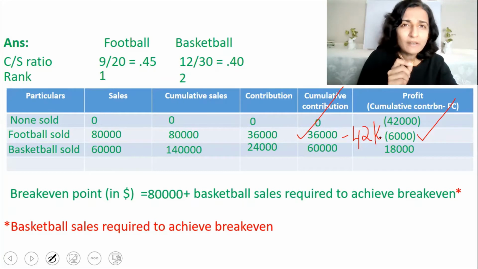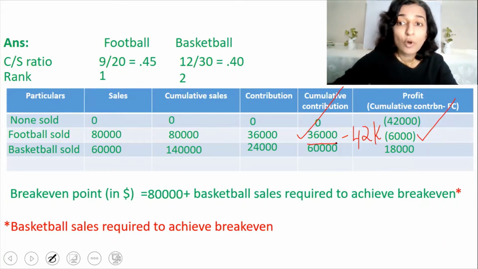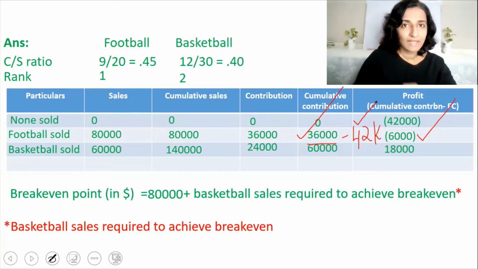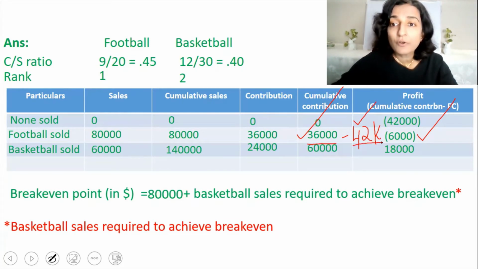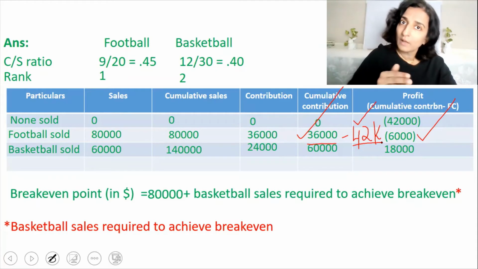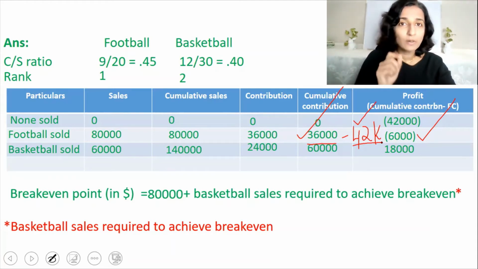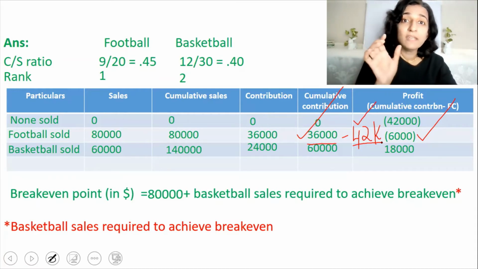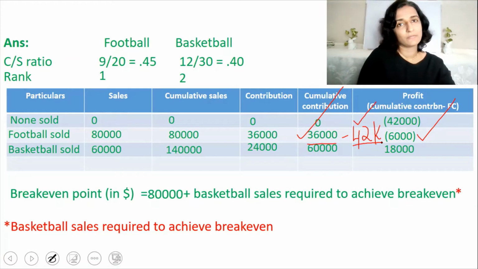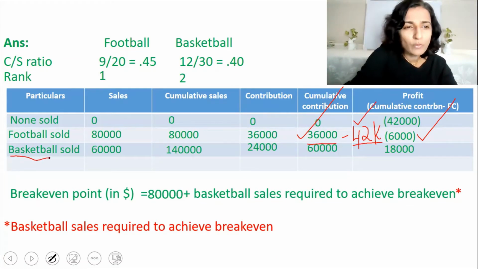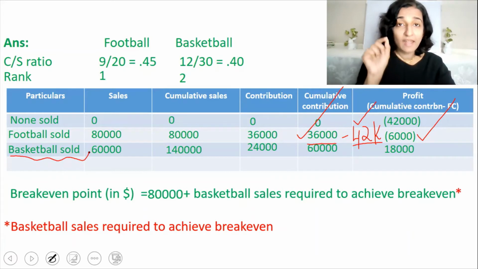So what does that mean? It simply means that the contribution was not sufficient to cover the fixed cost of $42,000. I will say that again. The contribution of $36,000 was not sufficient to cover the fixed cost of $42,000. That is the reason why we get a loss of $6,000. Okay, so what is that $6,000? $6,000 is nothing but the unabsorbed fixed cost, which means that just before we sold basketballs, we had an unabsorbed